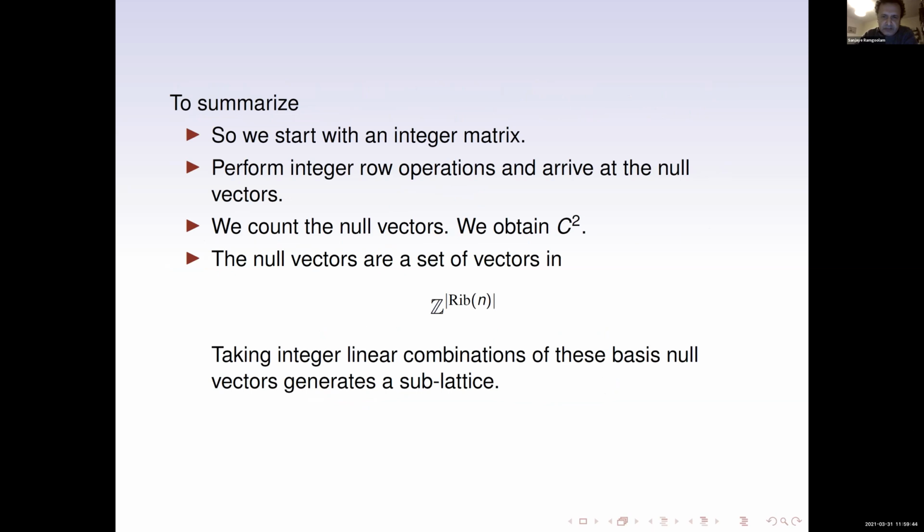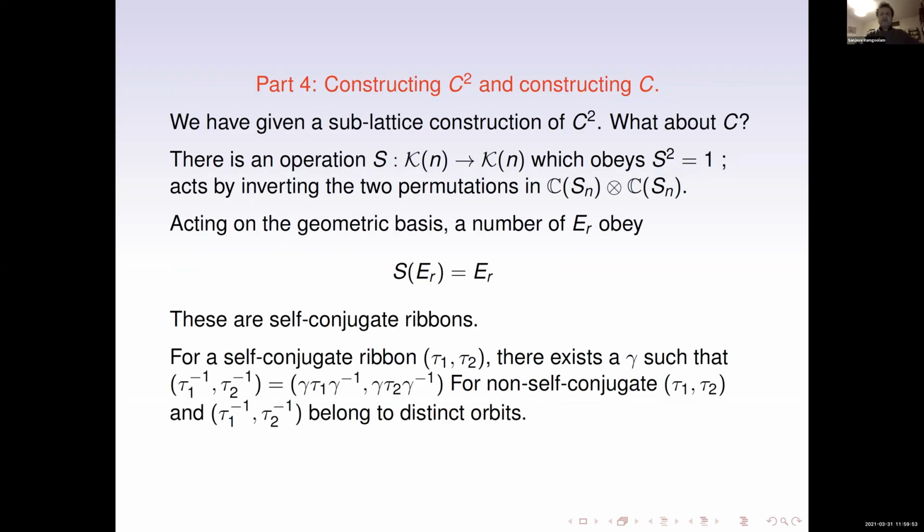And that's a way to get C-square vectors that live in this lattice of ribbon graphs. And there's an involution which acts from K of n to K of n. K of n is sums of permutation pairs. S acts by inverting both permutations. And once you have inverted the permutations, you can ask, for example, given a ribbon graph represented by a pair,